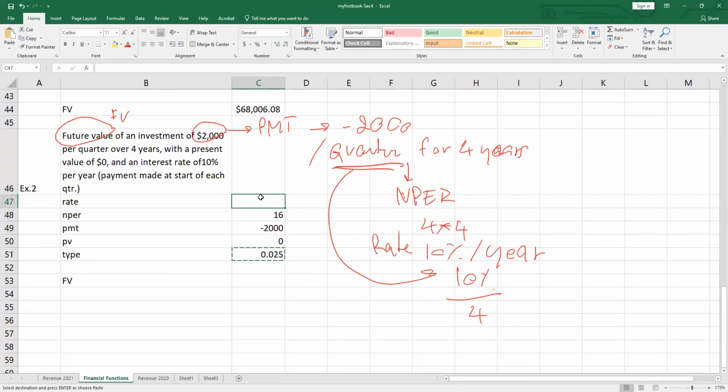Yeah, 10% divided by 4, that is 0.025 or 2.5%. And then for the type, pay at the start of the quarter, that is 1. Then you just formulate